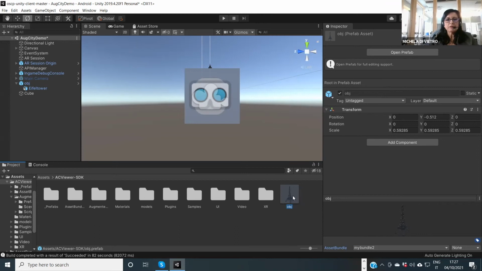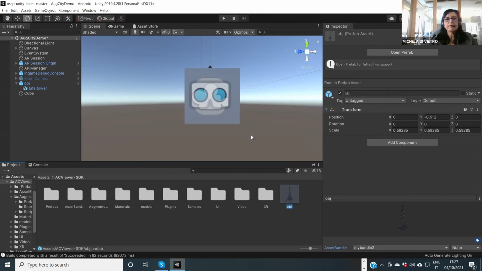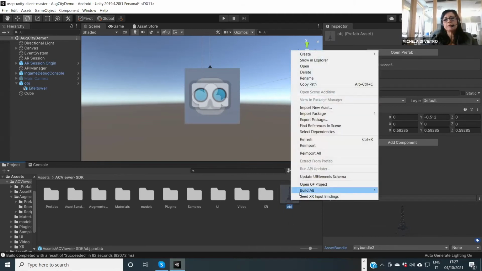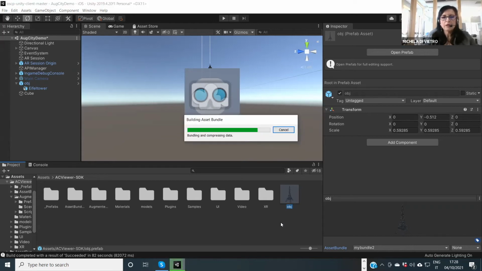Just a few seconds, and the bundle file will be generated. The same will be for the iOS platform. It's very, very easy. And in this way, we can create any kind of bundle for any kind of 3D content, just using this sample scene.